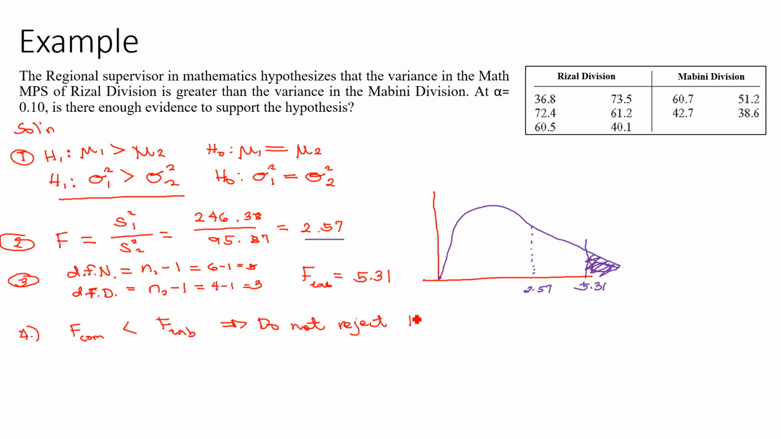the null hypothesis. So since in our step 4 we are not going to reject the null hypothesis, it implies that we are going to reject the alternative hypothesis. Since we are going to reject the alternative hypothesis, which is the claim of the regional supervisor, then for our interpretation here, we could now say that